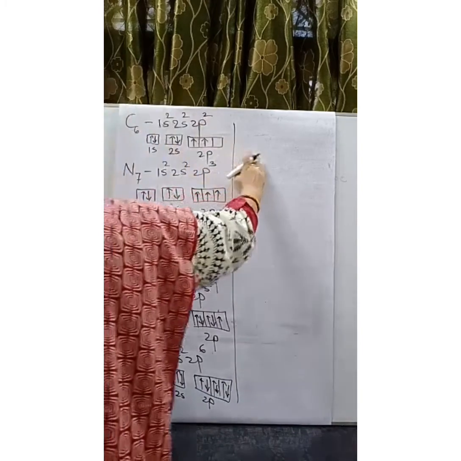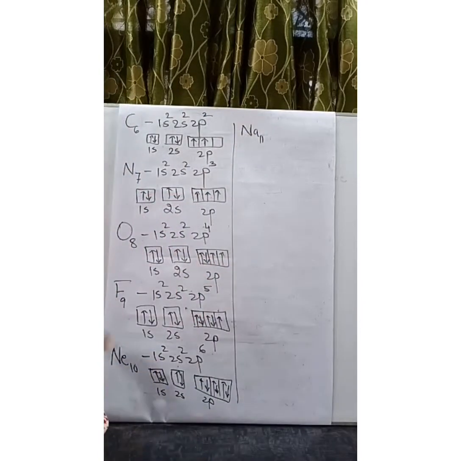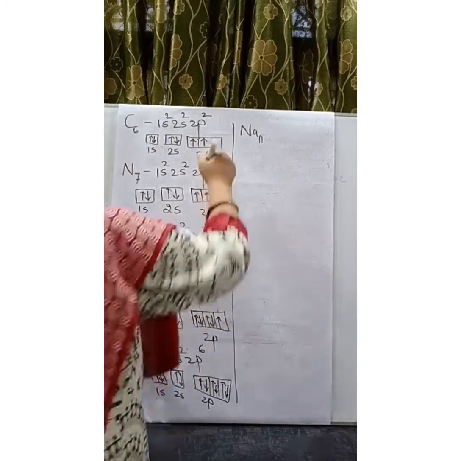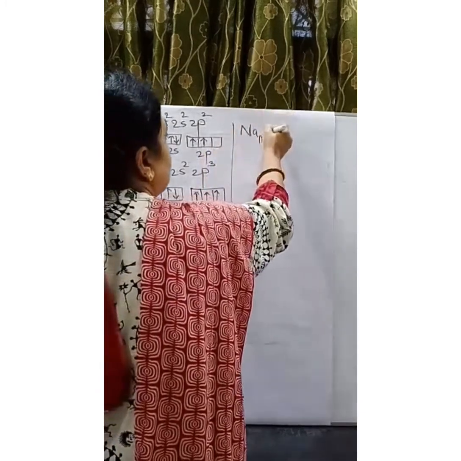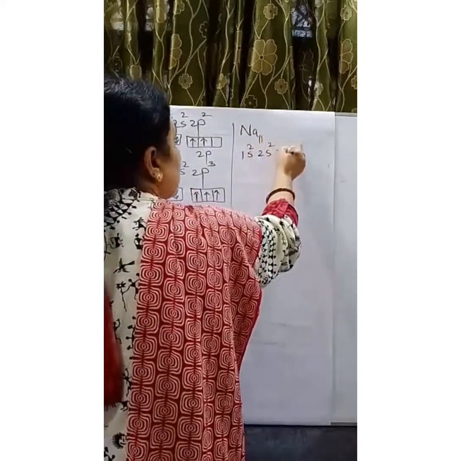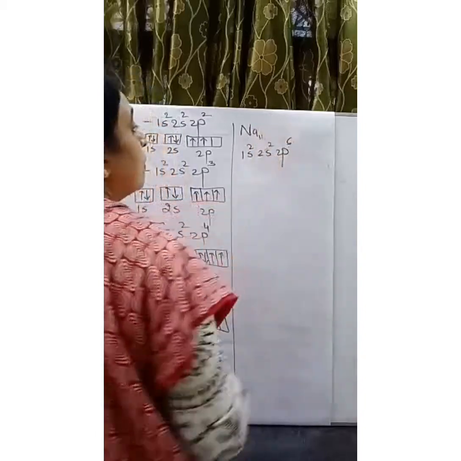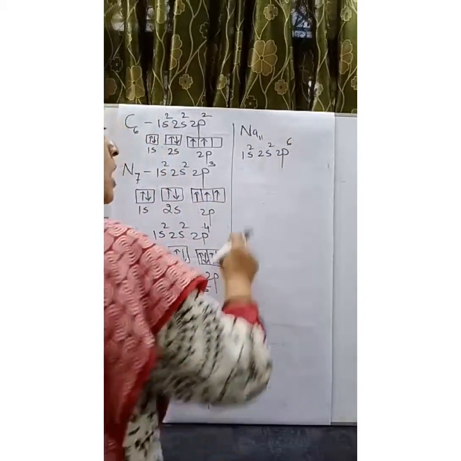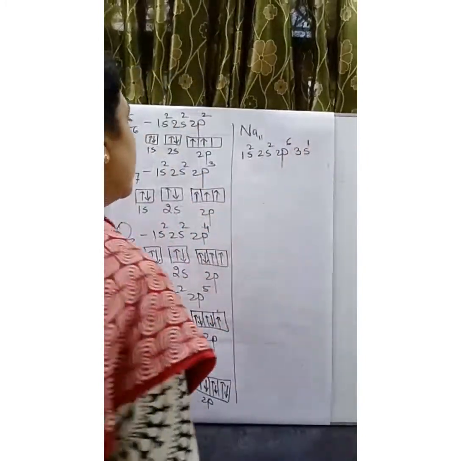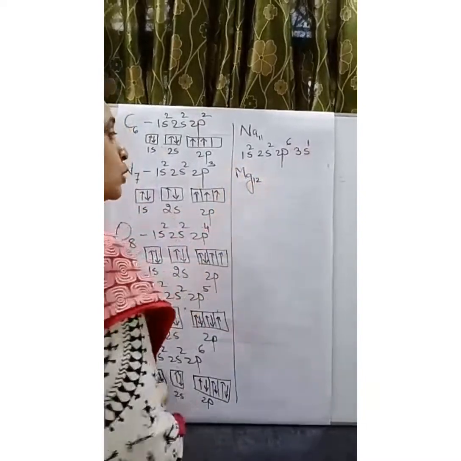Now we move on to sodium. So now you know how to draw the orbital diagram. Now we will focus on electronic configuration. Orbital diagrams you can draw on your own. Sodium, 11 electrons we have to occupy. So 1s2, 2s2, 2p6. 6 and 4, 10 are occupied. So after 2p, the 3s orbital comes into the picture. After sodium we have magnesium, atomic number 12.